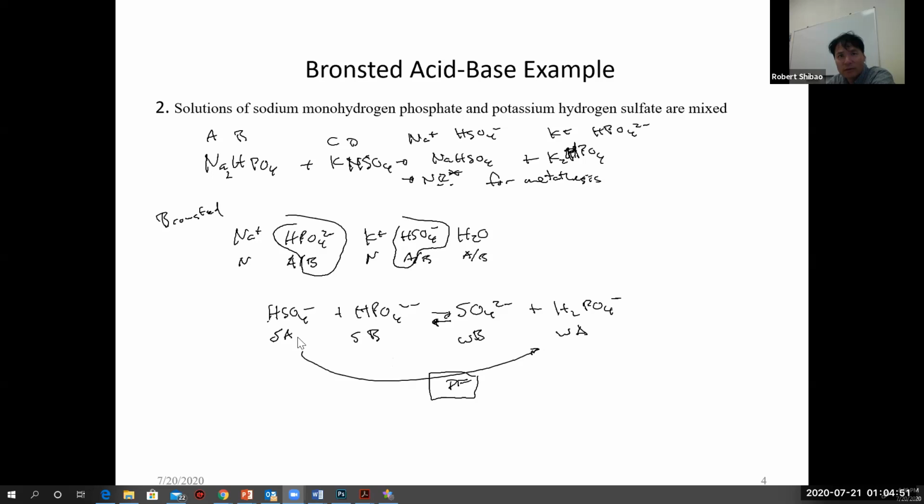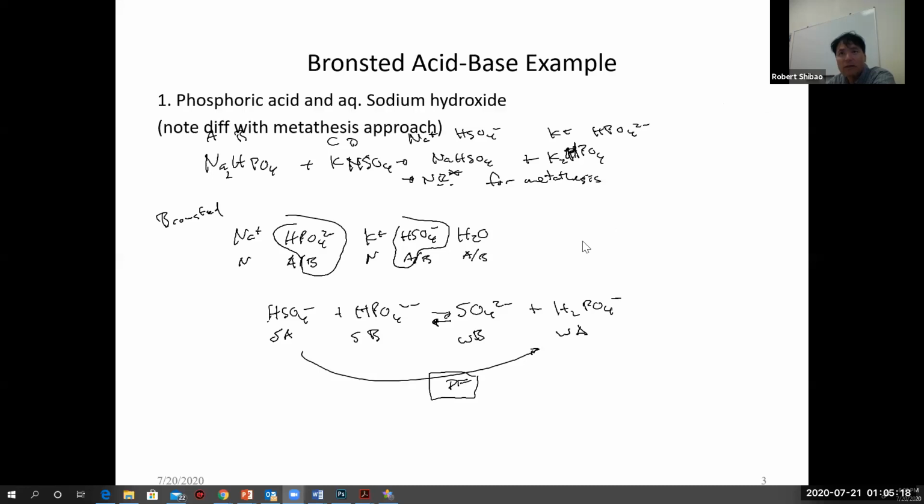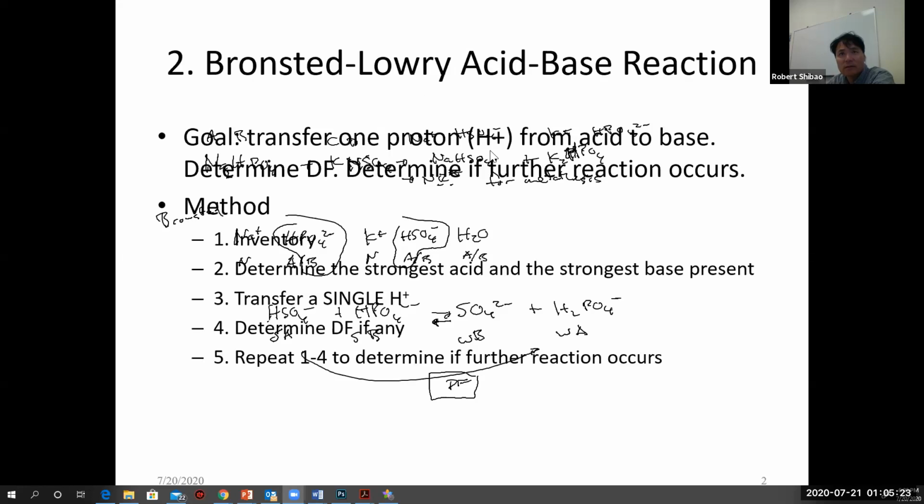And then we look for driving force. We want to go from stronger to weaker. And to figure out which one's the acid, which one's the base, we reverse this. So sulfate has to take a hydrogen going back to form HSO4 minus, and H2PO4 minus must lose a hydrogen going backwards to form HPO4 2 minus. And so that's a quick recap, and that's the driving force there. So hopefully that covered it. If it didn't, then there's this one here. And we're going to do more examples of these, so hopefully those will help for Bronsted acid-base reactions.